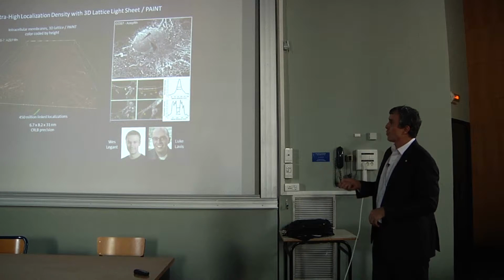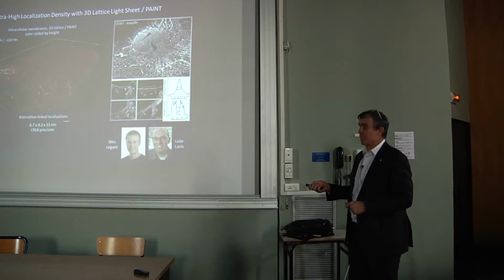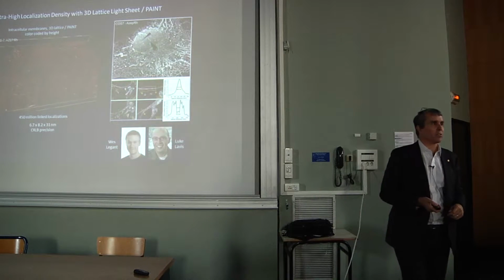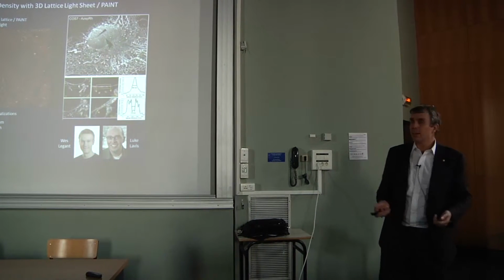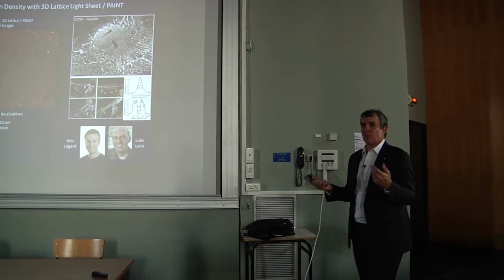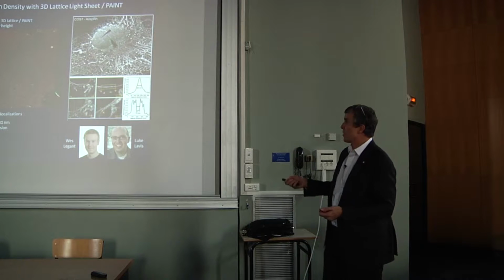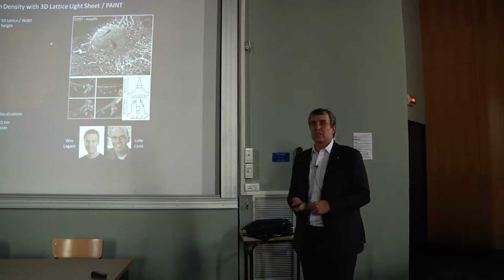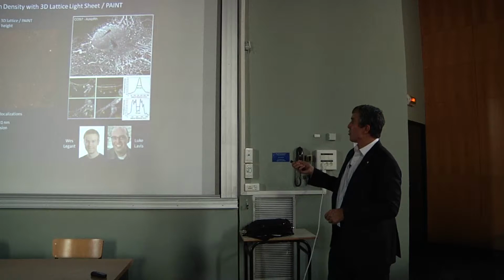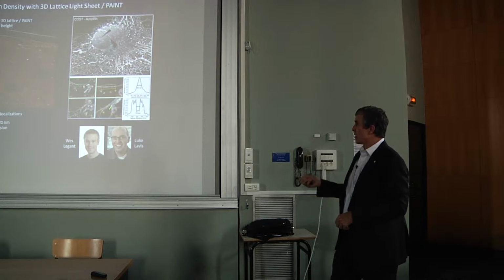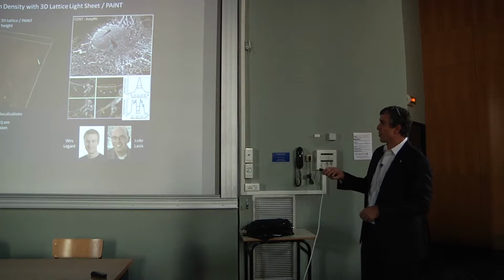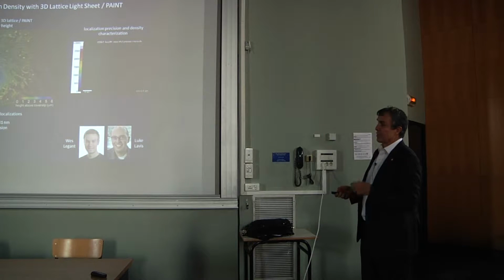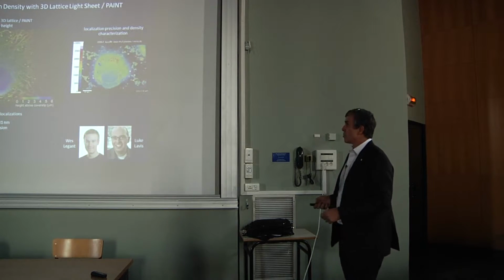Instead of in a normal PALM image where you might have localized a few million molecules, now you're talking about localizing 500 million molecules. So now your images start to look like 3D EM images with the amount of information they contain. Here we're doing some line cuts through these, and you can see that by this metric you can get down to 70 nanometer resolution fairly quickly. Fairly quickly, not in time, but in simplicity.